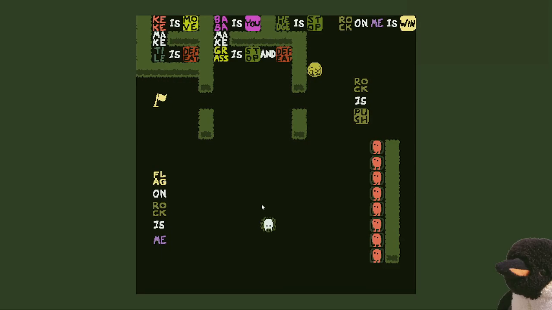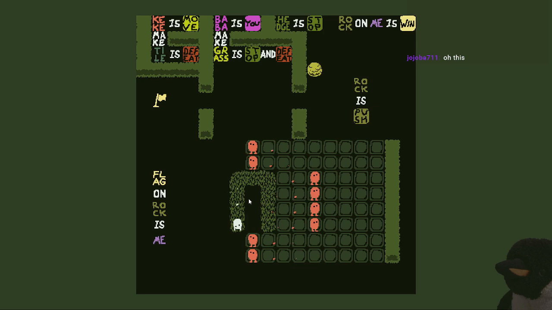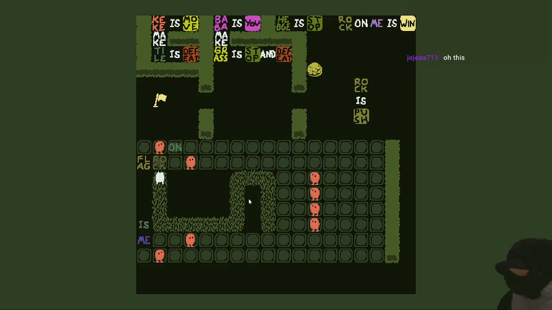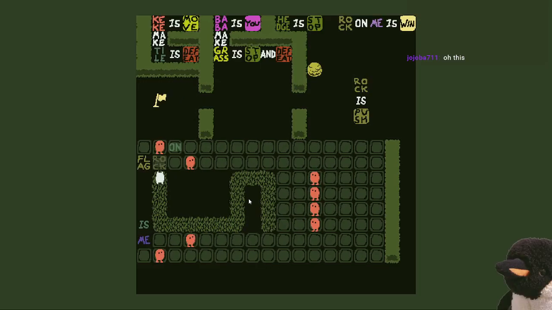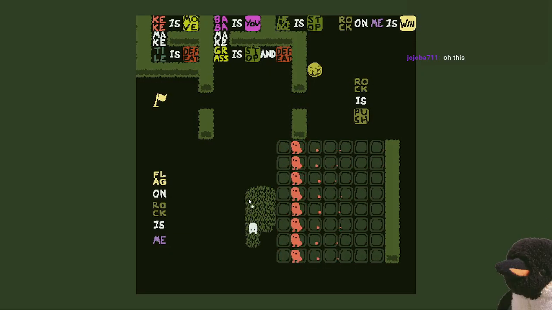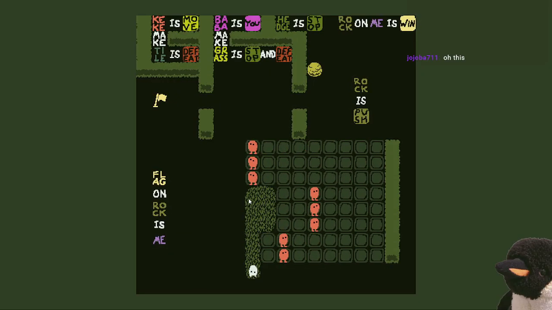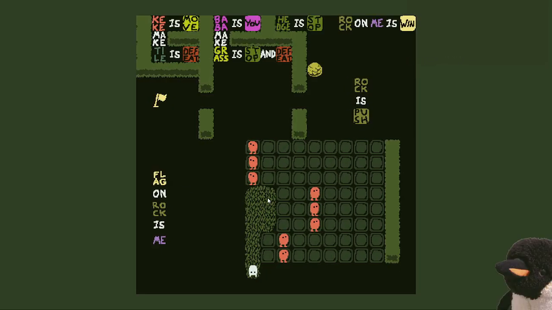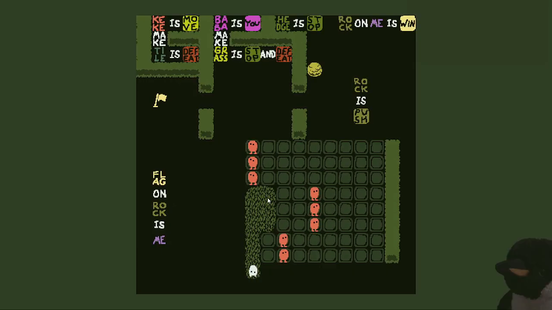So we can do a couple things here. Yeah, welcome back to jaywalking. So blocking the rule is fine, but we can't actually double back on ourselves to get the keywords. So like if I save these words here, I can push this stuff up. But now I'm trapped because the tiles are defeat. So it does look like the only thing I can do is save these. And that means the flag is going to get pushed over. And then I can't stand still for the grass, so I can push